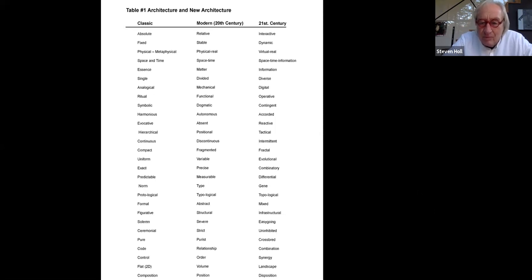We're really there. Ritual, functional, operative. Symbolic, dogmatic, contingent. Harmonious, autonomous, accorded. We make an accorded architecture. Evocative, absent, reactive. Hierarchical, positional, tactical. Continuous, discontinuous, intermittent. Compact, fragmented, fractal. Uniform, variable, evolutional. I'm sure that our architecture needs to be evolutional, especially thinking about everything that's happening to us